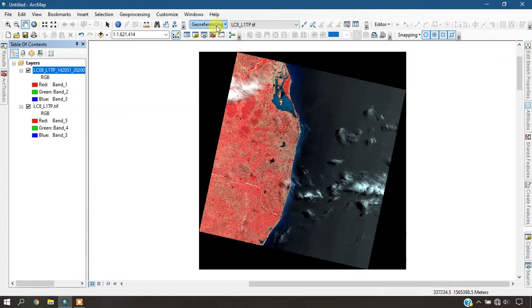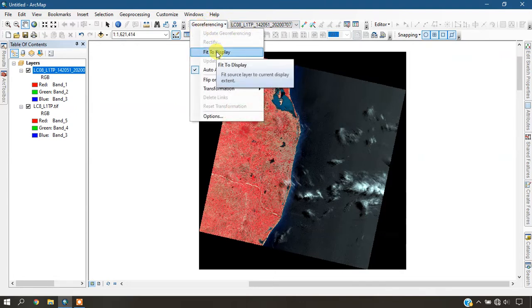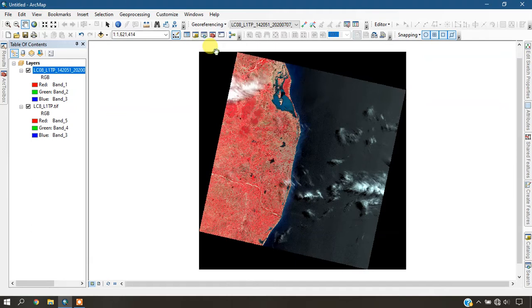Okay, so now the tool is available. The next thing will be selecting the image which isn't having the spatial reference. So this image is not having the spatial reference, so I'm just selecting it. The next thing will be going to the option georeferencing and selecting the option fit to display.